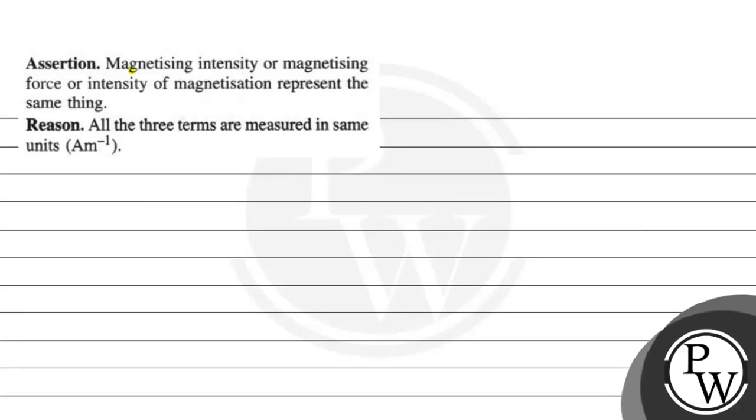Magnetizing intensity or magnetizing force and intensity of magnetization represent the same thing, and the reason is all the three terms are measured in the same units, ampere per meter. Okay, what is the key concept here? हमारा यहाँ पर जो key concept है वो क्या है? Okay, let's read that. So जो key concept basically वो हम बात करने जा रहे हैं magnetizing